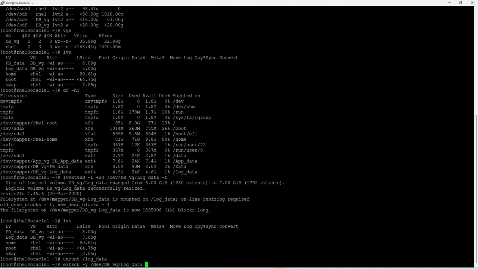See here, e2fsck, file system check, -y and the LV absolute path: /dev, volume